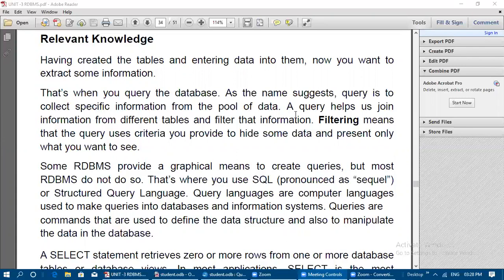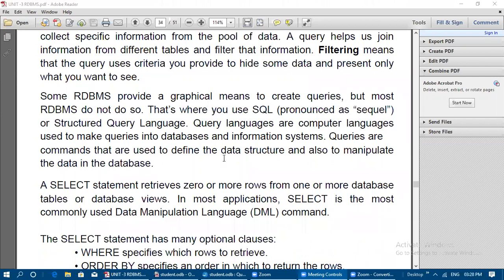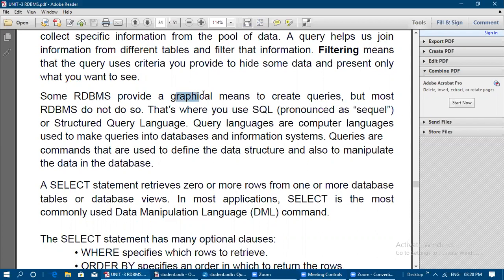Some RDBMS provide a graphical means to create queries, but most RDBMS do not do so. So we need to apply some commands. That is where you use SQL, or Structured Query Language. We use SQL commands to create the query, and we can extract the information afterwards. Only a few RDBMS software use a graphical user interface to apply the query.